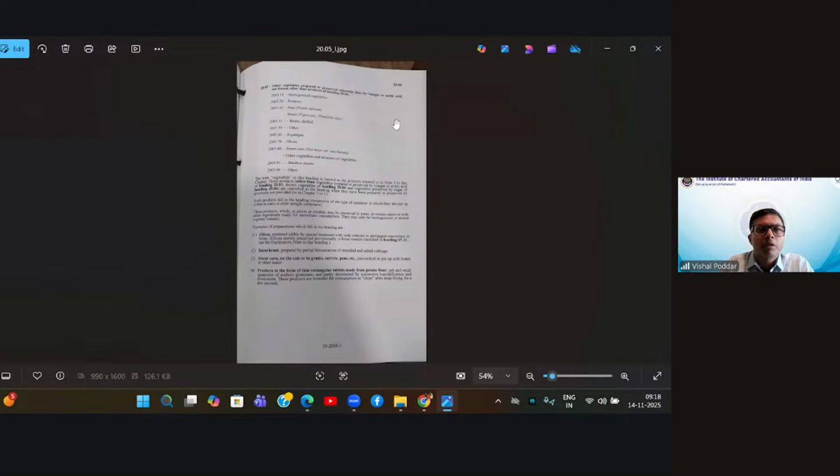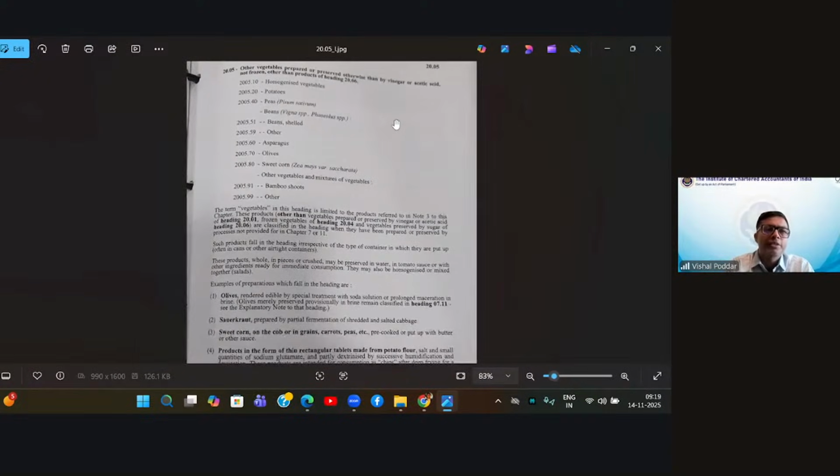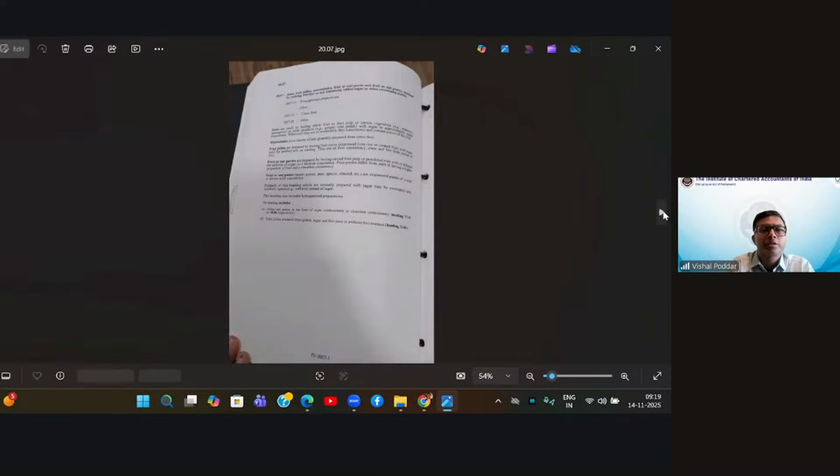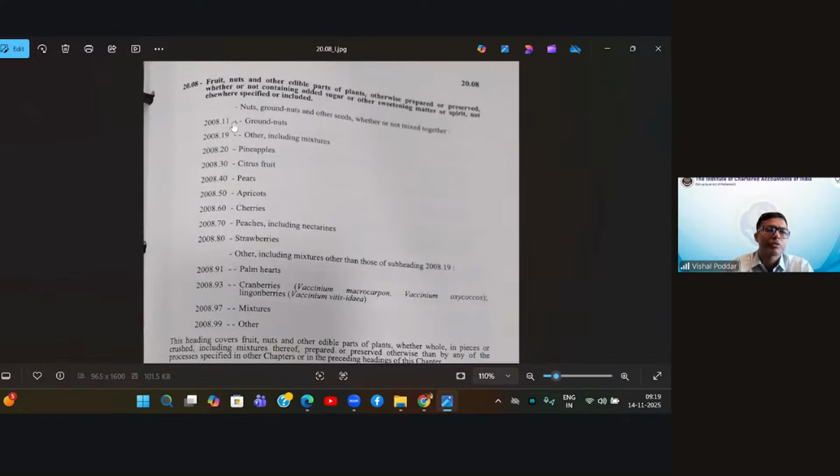Now see, when you read the WCO, you will find maximum 6 digits only. You will not find 8 digits, what I just showed you. What I just showed you was our Indian customs tariff. As I had already explained, we are using 8 digits because we have more detailed classification. But internationally, they have only 6 digits. So you will not find any chapter having more than 6 digits. See, so many notes are there because notes are very important, because that only helps you understand what is covered or not covered in that chapter. So see again, maximum 6 digits are there.